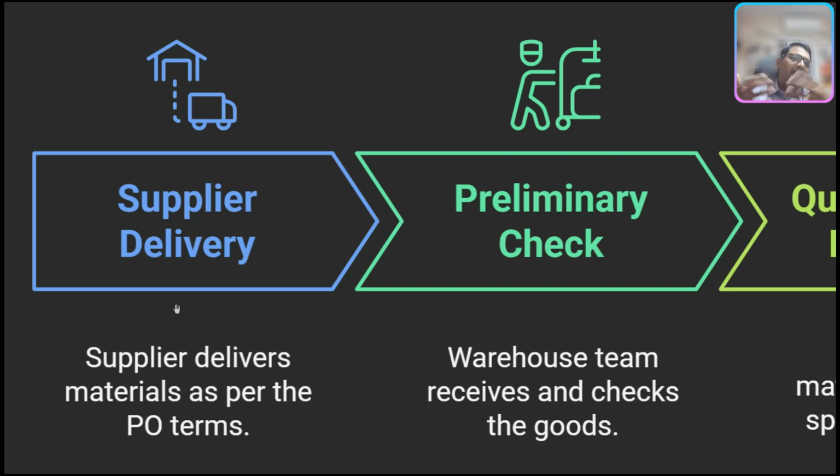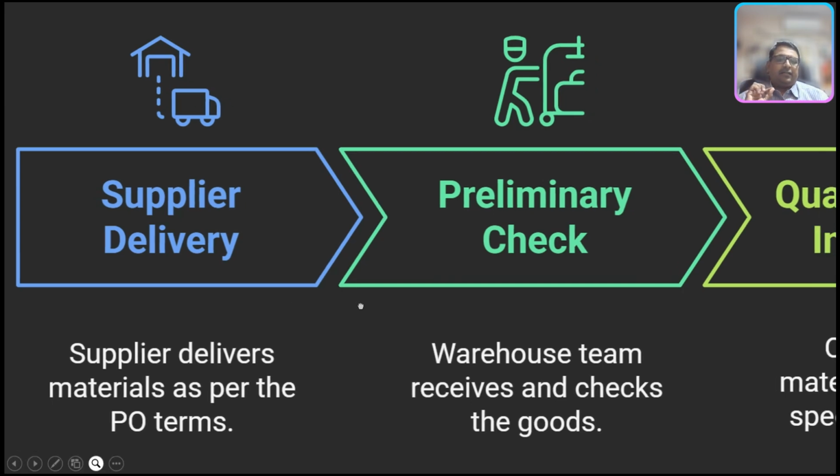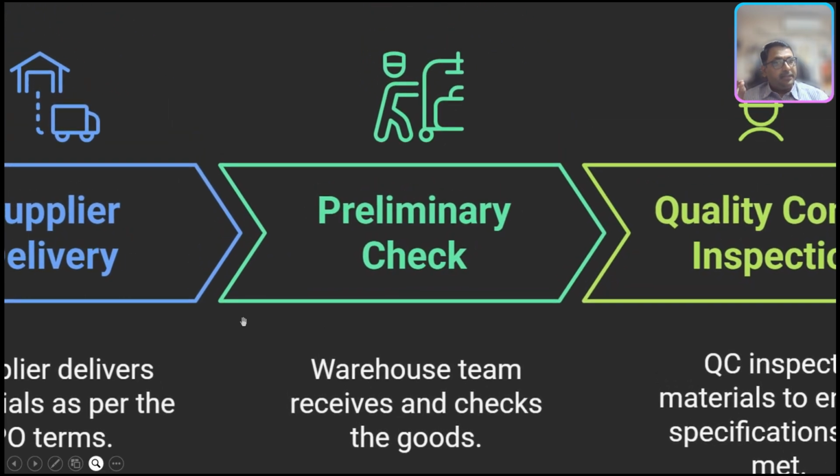It is also called the milk run, where the company would arrange transport to pick up the materials. You can see this a lot in the automotive sector. Once the goods are delivered, a preliminary check is done by the warehouse team. Remember, this is not the final check. The warehouse team will check if the quantity is what has been delivered as per the invoice, or if